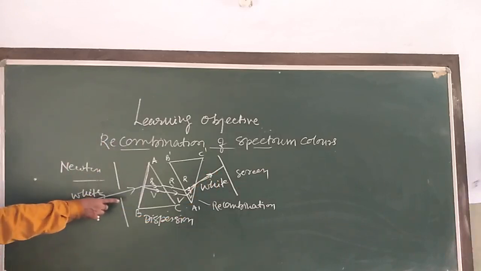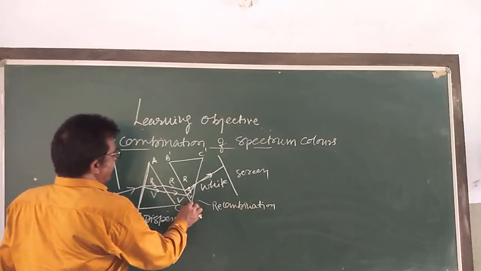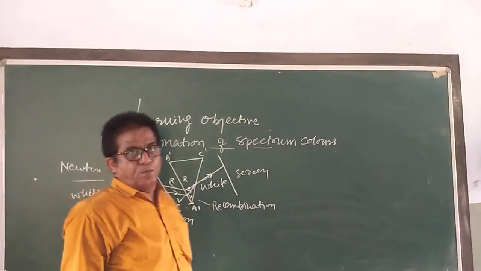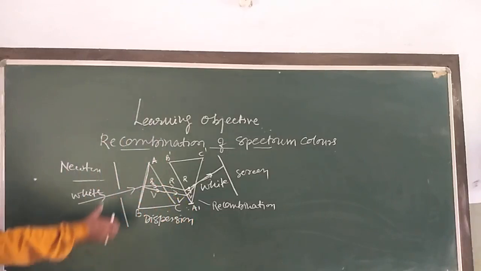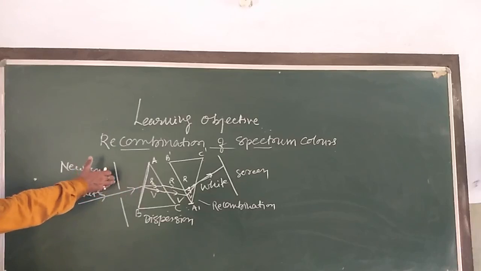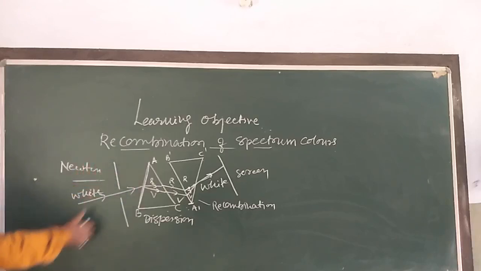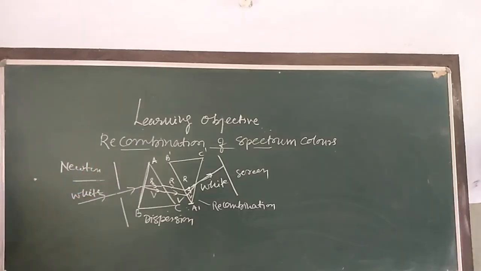the ABC is placed on its base BC, whereas the second prism A dash, B dash, C dash is placed on the vertex A dash. ऐसा रखा हुआ है. Both are in opposite. So its refracting surface is in the opposite direction to the refracting surface of the first prism. So Newton explained the observation by saying that the first prism disperses white light into 7 colors.